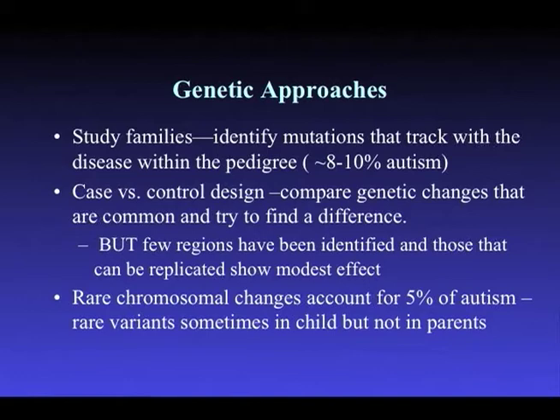Generally, at least in terms of neuropsychiatric diseases, and this is not completely the case, it has generally not found a lot of specific genes associated with diseases such as autism. It has found regions in some cases, and some diseases have been more successful than others. But in general, this has not yielded a lot of fruit.